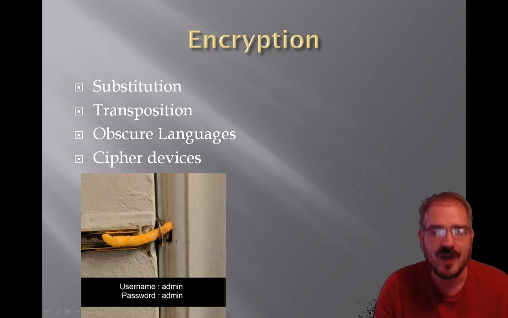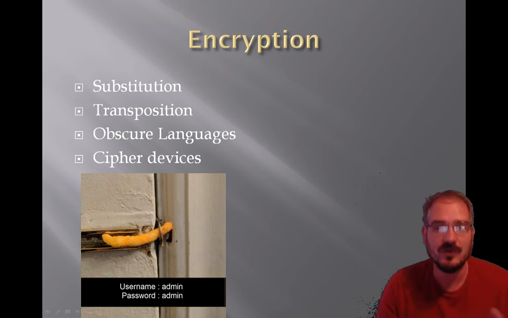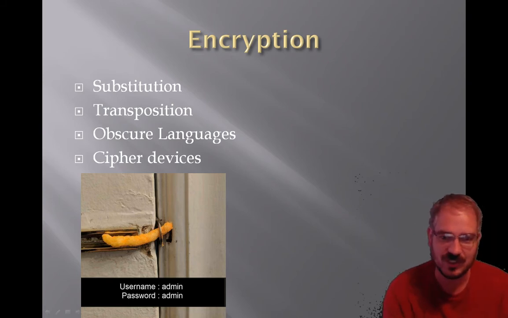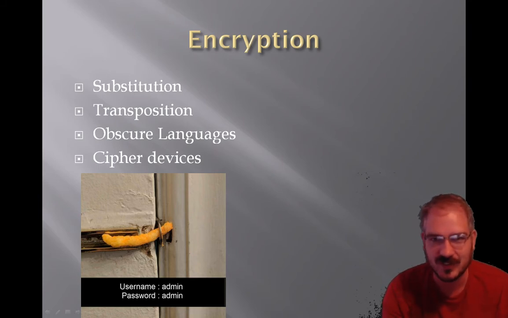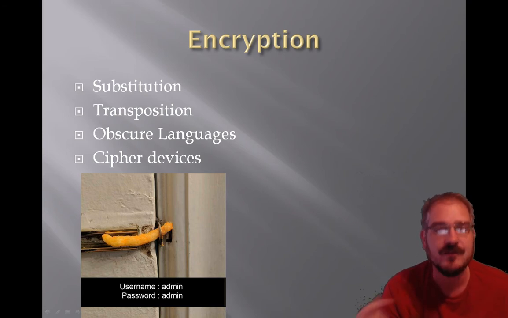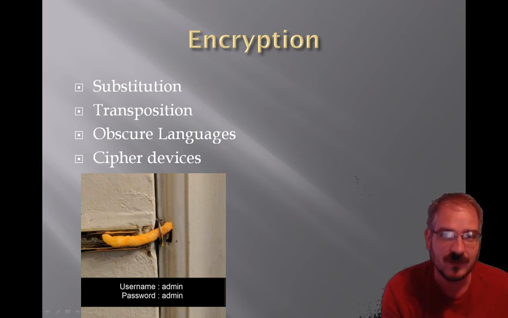procedures. So you needed a machine, but then you also needed to know what the starting rotor position was for the day. And every day, they would set the rotor position to a different starting position and do all the day's encryption and decryption using that starting rotor position. And then at midnight, they would change the rotor position and do all their encoding for that day. So even if you captured one of these machines, you still couldn't use it to decrypt communications that you had captured if you didn't know the starting rotor positions for that day.